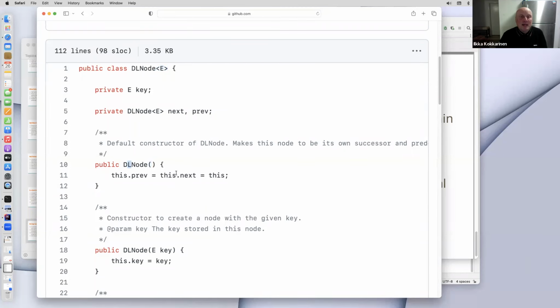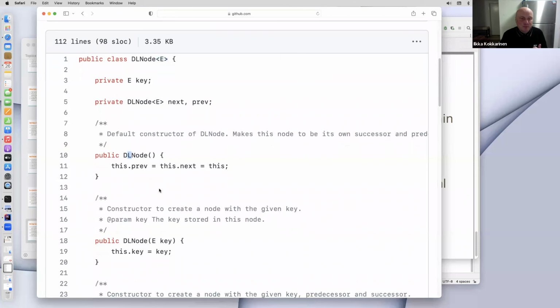So then the key node is, well, when this node is allocated from the heap memory, the key field is set to null, because Java guarantees that. So we don't have a key in here. Then we have the